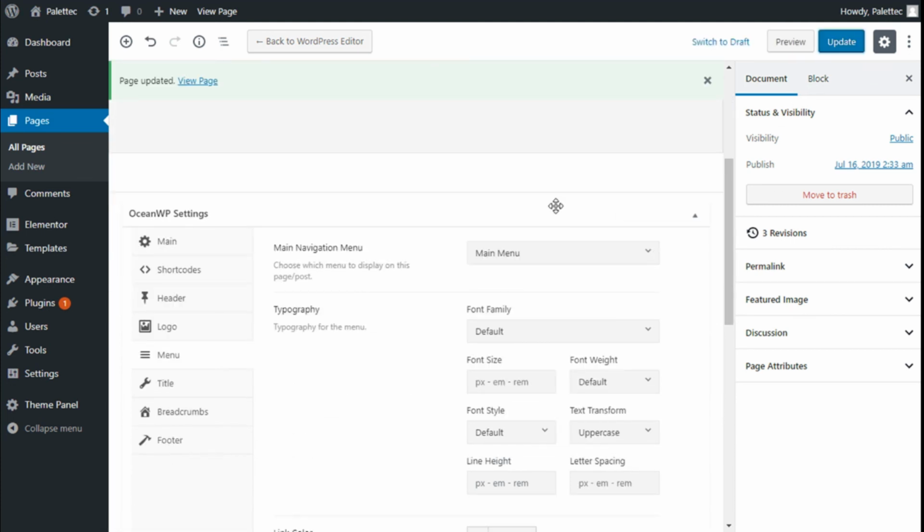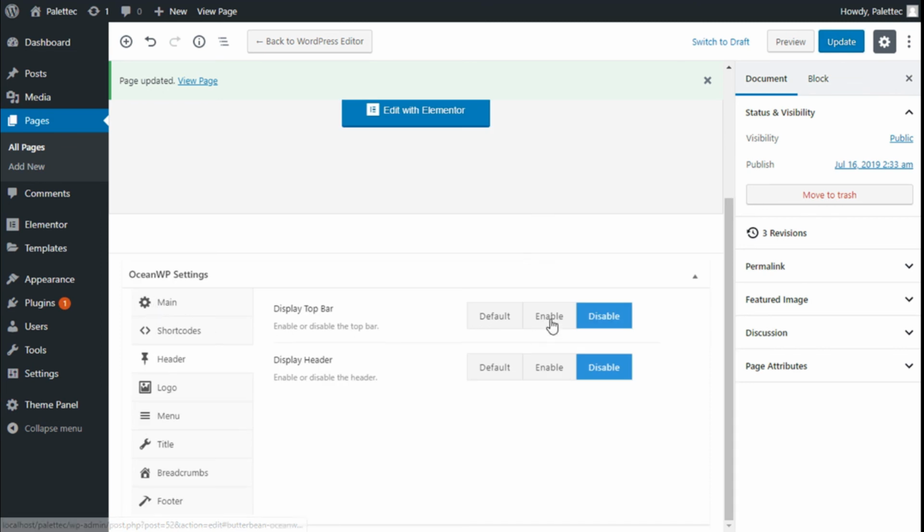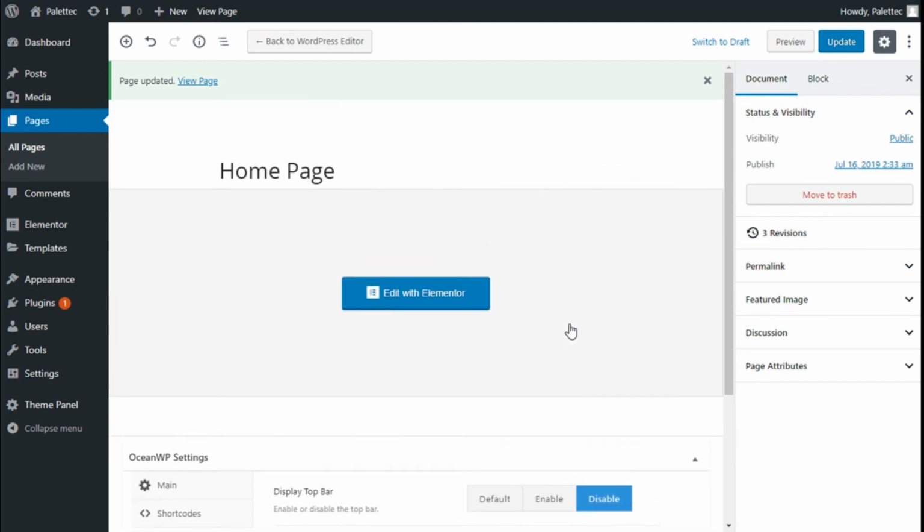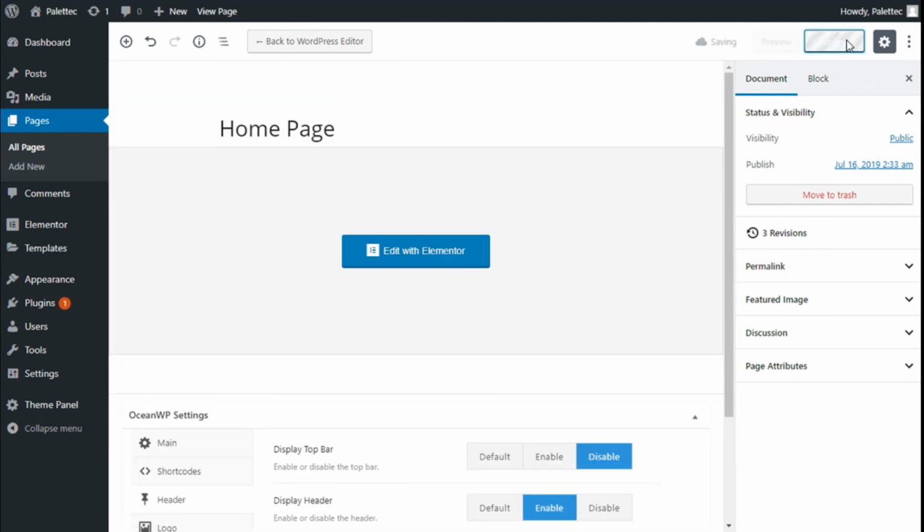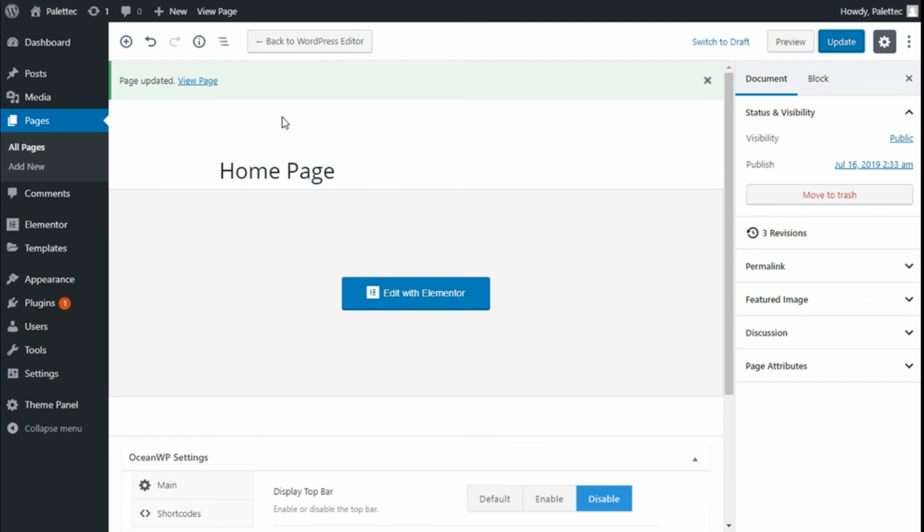Then we go to header and we are going to enable it so the menu will be visible, and we are going to use the default style. We are going to talk about the header in another video, don't worry about it. We click on update, then we go to view page,